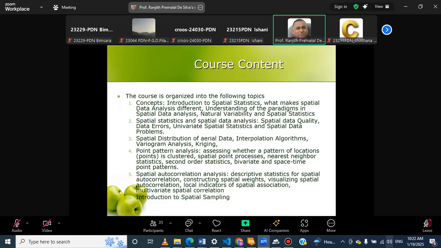And then we learn in the spatial data when it comes to the vector data. The new people would have not learned so far, but vector data will have points, lines, and areas. And raster data, we have the raster cells or grid cells or pixels. So whether it is a point or whether it's an area, we can do certain analysis. So point pattern analysis is something which is unique in spatial statistics, assessing whether a pattern of locations is clustered, spatial point processes, nearest neighbor statistics, second order, first order, we do second order statistics, bivariate and space time point